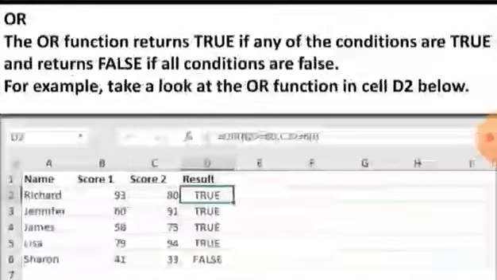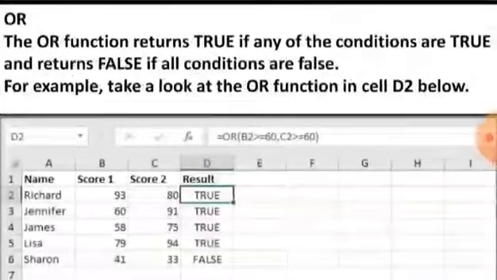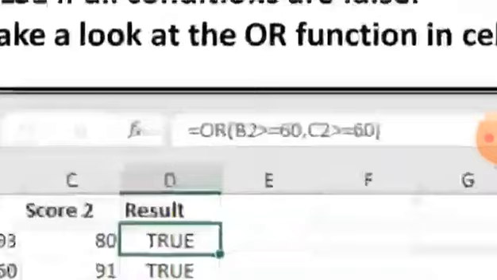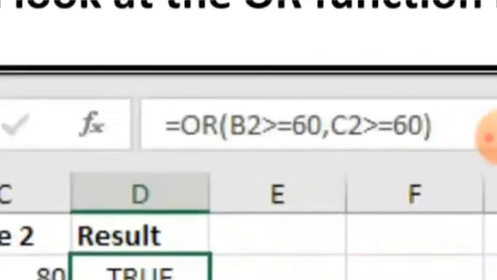OR function. The OR function returns true if any of the conditions are true and returns false if all conditions are false. For example, take a look at the OR function in cell D2 below. You can see the function =OR(B2>=60, C2>=60).